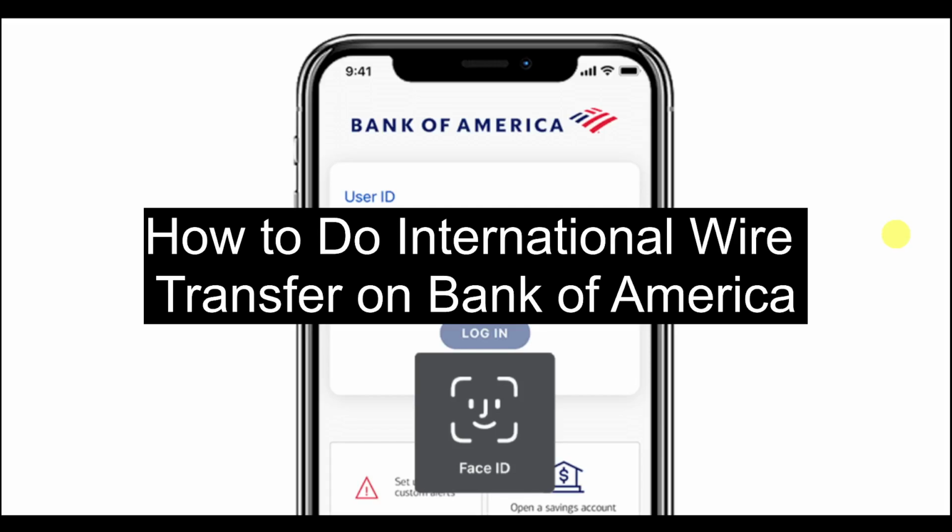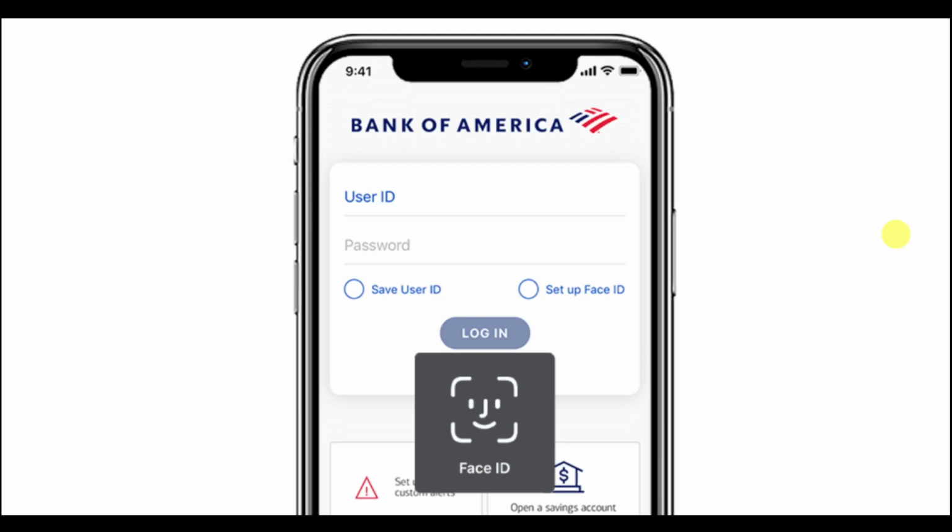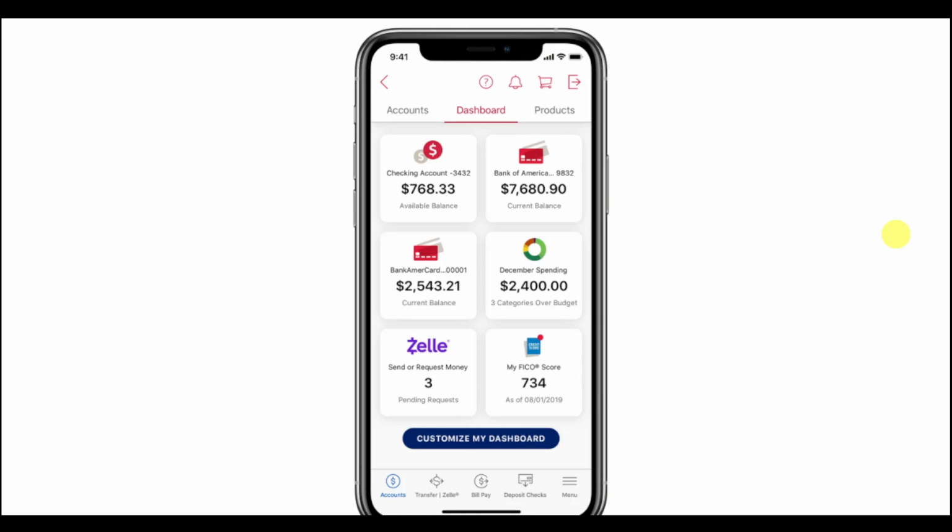In this video, I will show you how to do international wire transfer on Bank of America. In order to do that, first things first is to log in into your Bank of America application, enter your username as well as your password. Now, once you have logged in into the home page of your app, you should be able to see this,